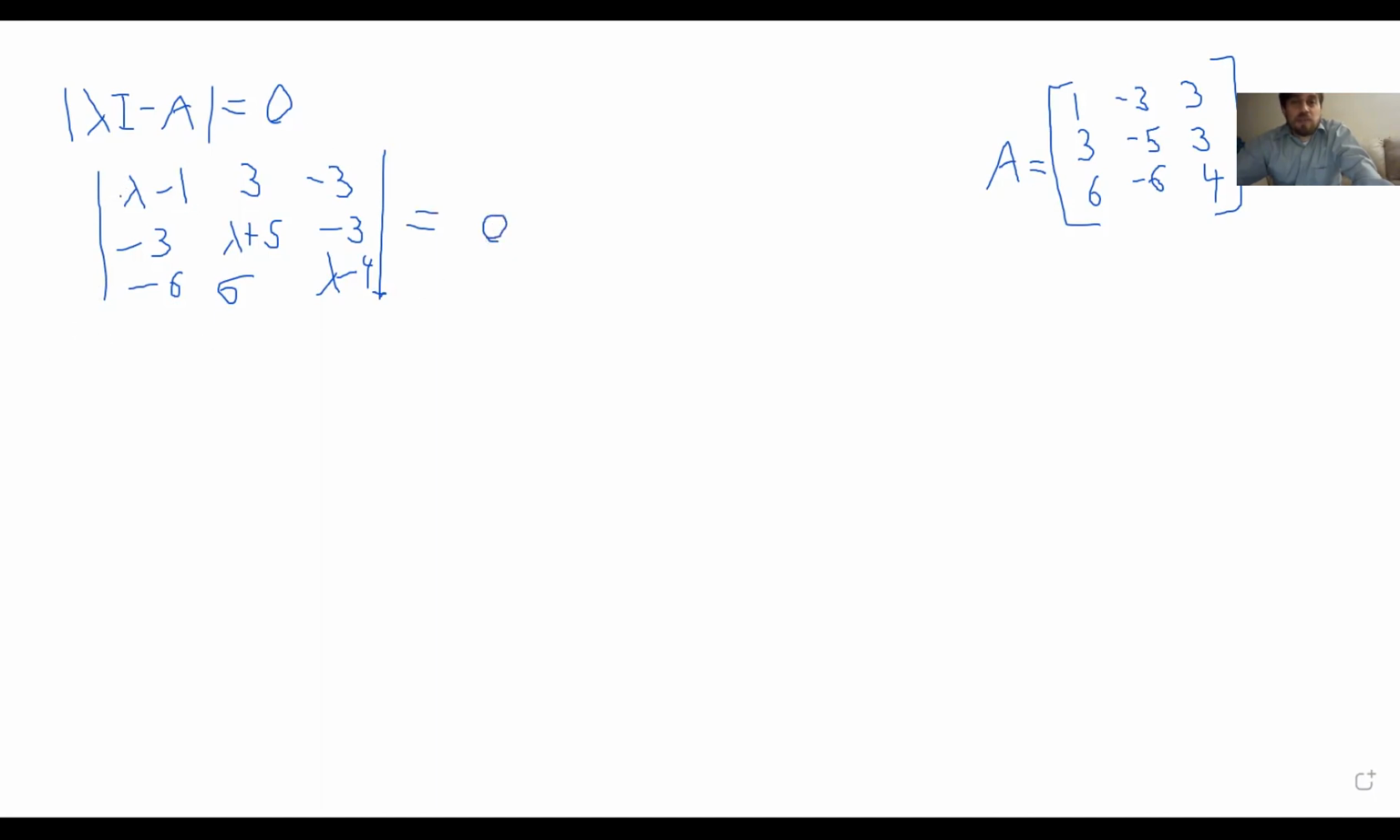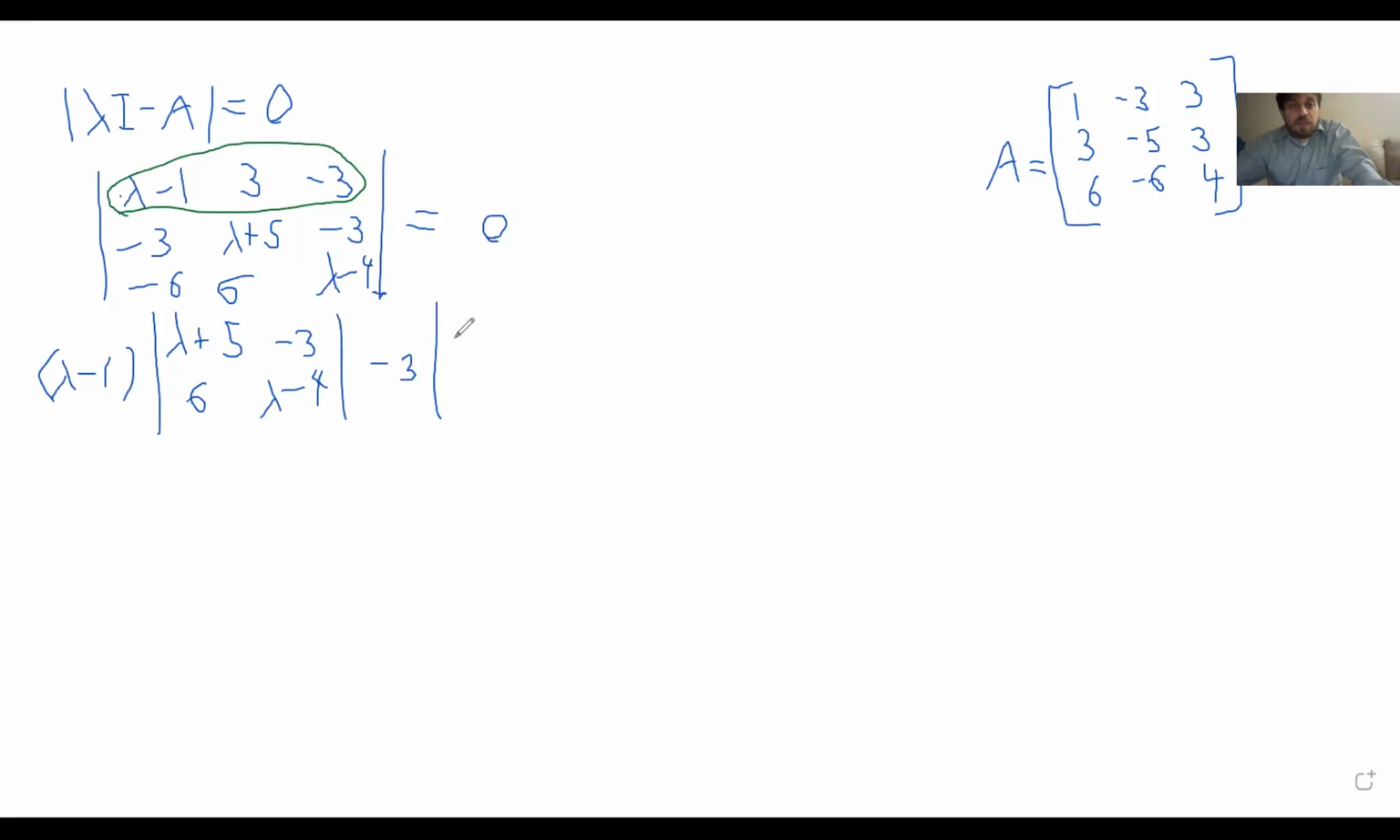So we can take the cofactor expansion along the first row. So you get lambda minus 1, just like a normal determinant, times the determinant of lambda plus 5, -3, 6, lambda minus 4, minus 3 times the determinant of -3, -3, -6, lambda minus 4,